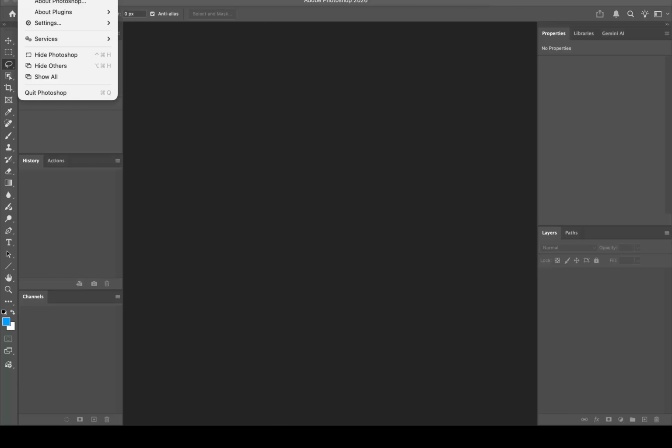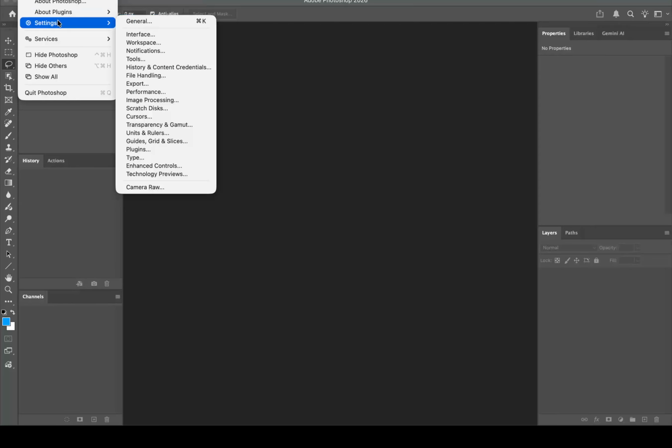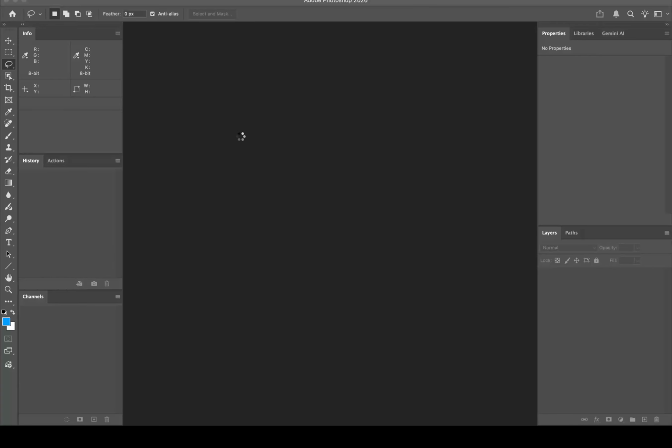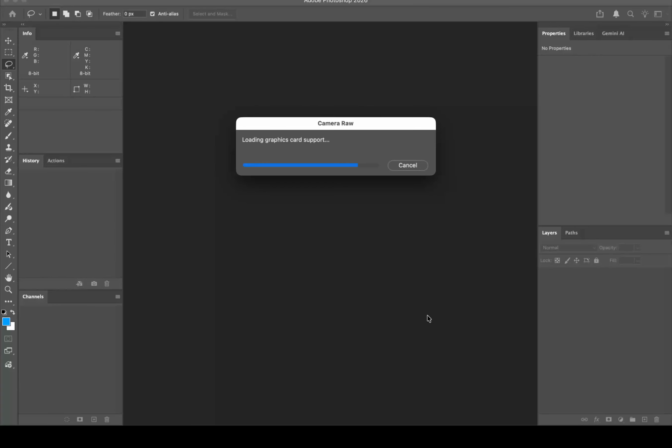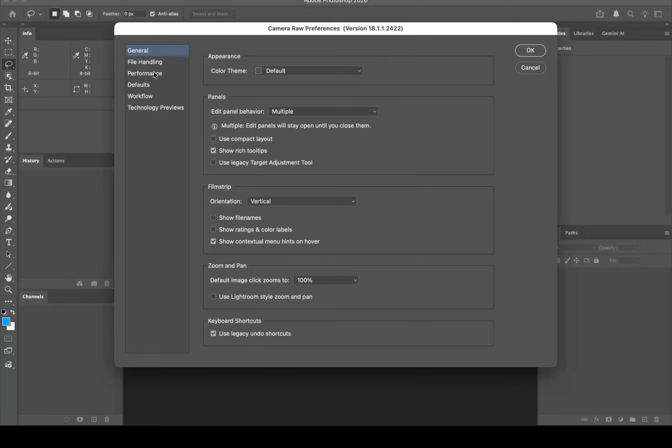If you come back up to the same thing again, come down to settings. You didn't have this before, but now you should see at the very bottom Camera Raw. These are the Camera Raw settings. I want you to go ahead and open that part up. And in this, as we start at the very top under General, again, this Show Rich Tool Tips, you can